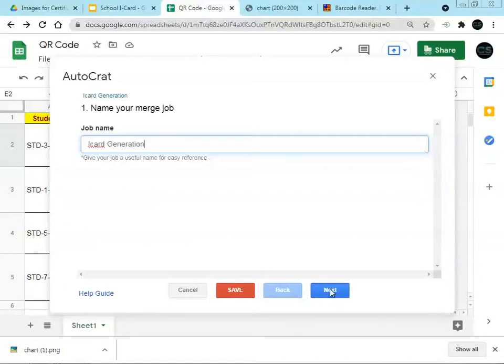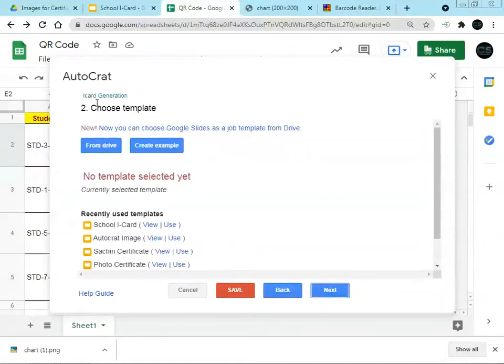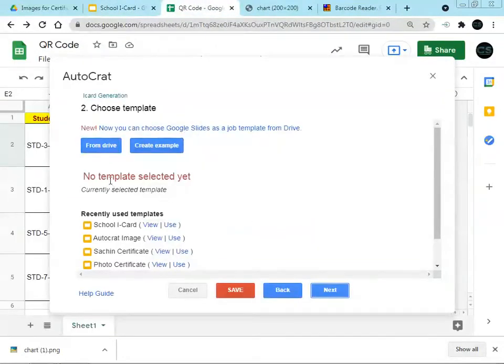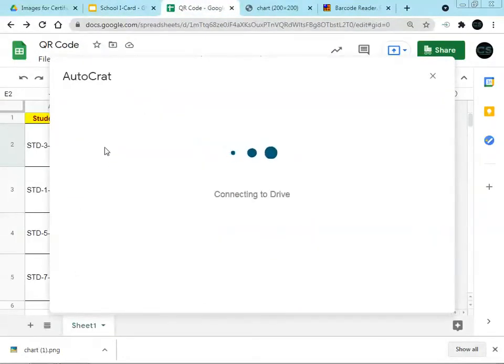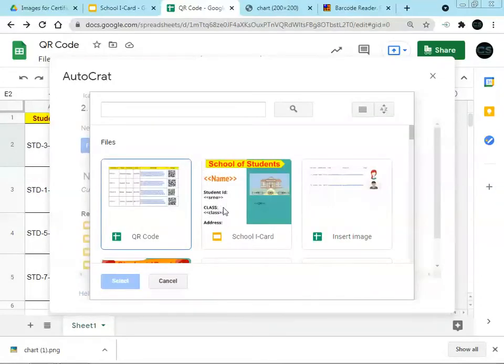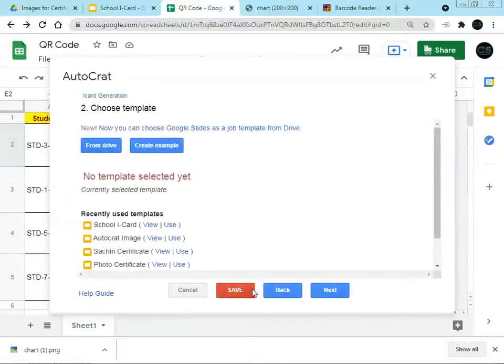Next, click on the next button. Here we have to choose the template. The name of the template is school iCard. So we have to select from the drive, and from the drive we have to select the particular template that is in the PPT format, that is in the Google slide. We are selecting this. Just do a single click and click on this select button.